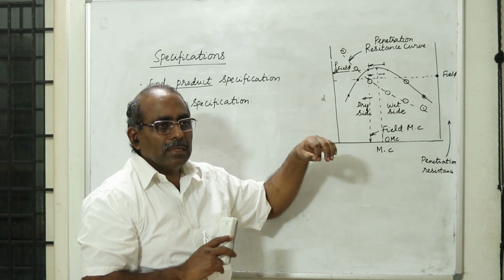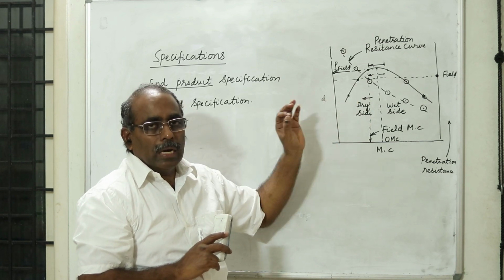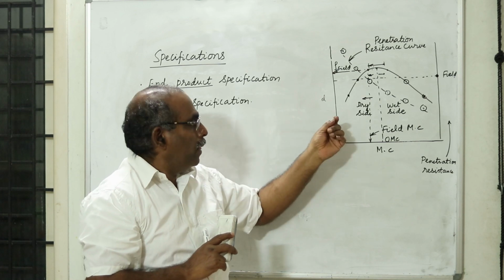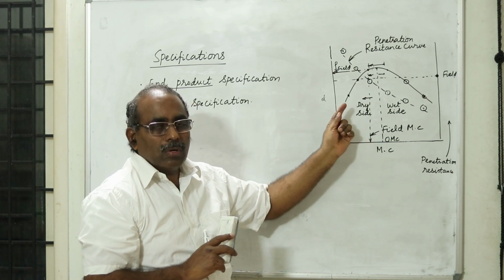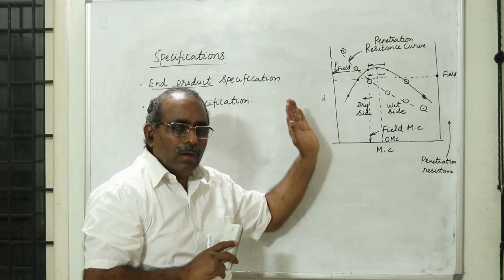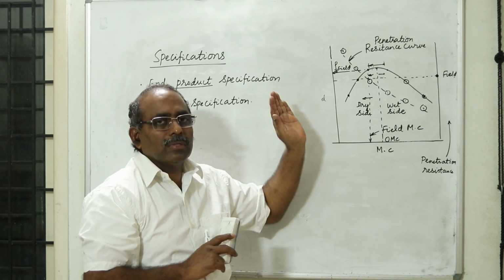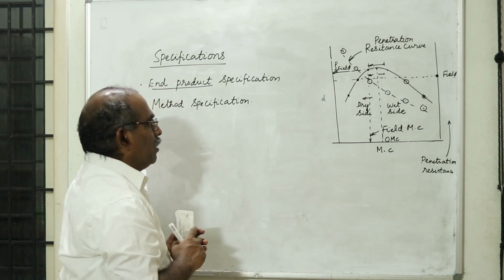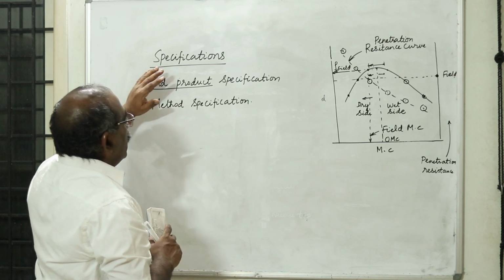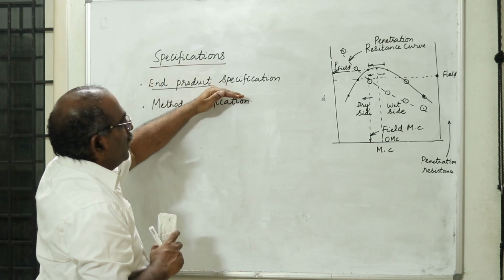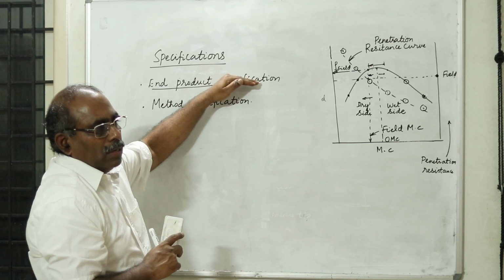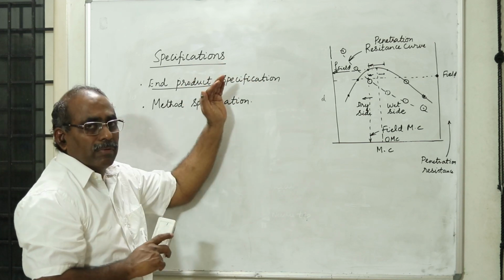Therefore, you need to look at this aspect, and you should tell the contractor. An additional clause should be there that you should always be on the dry side of optimum or always on the wet side of optimum, depending upon your requirement. Therefore, this is the end product. The engineer is safe, the client is safe, the contractor is very, very taxed. Okay, you need to be very careful.